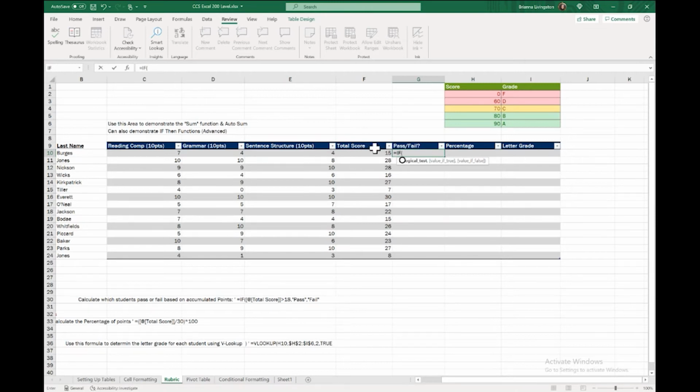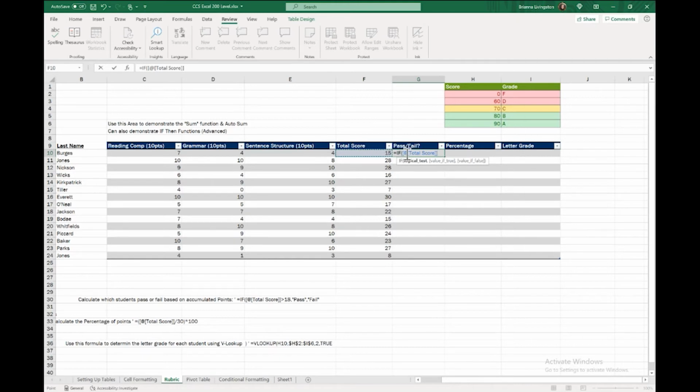The first information it's asking me to plug in is a logical test. That's basically the question. You have to come up with a logical question, so it has two answers to test against. We're going to ask if the total score, and we're going to choose this first cell because it's going to reference it.